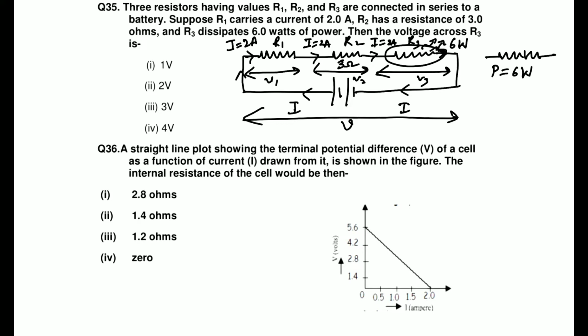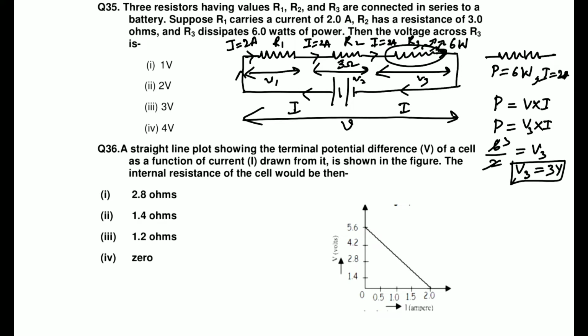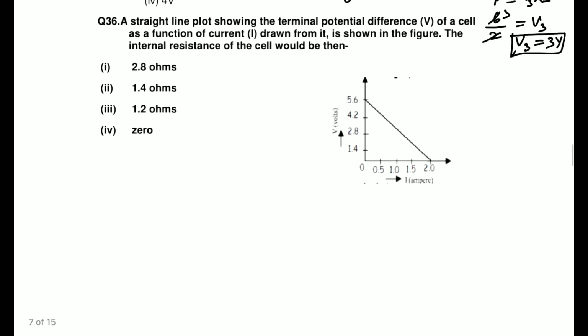The power is given, there is 6 watt power, and the current is also given, this is 2 ampere. Now we know the formula here. The formula is power is equal to V multiplied by I, I know this formula, right? So we are supposed to find out V. So power is equal to V3 multiplied by I, right? Power is 6 divided by I is 2, that is your V3. This is 3. The potential across your V3 is actually 3 volt. Let's see, it is there in option. Yes, it is there. I hope that is understandable, right? Yes, let's move forward.